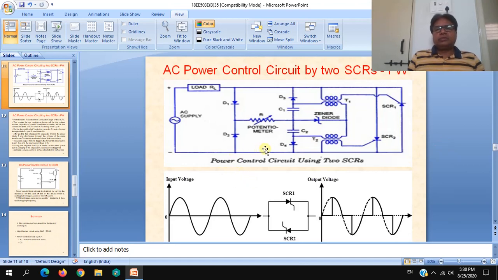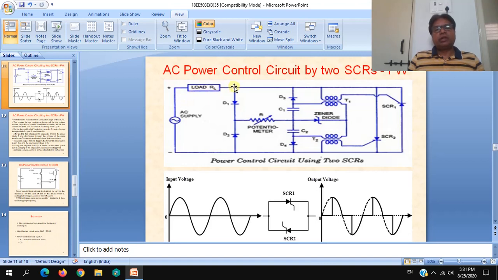The values of capacitors C1 and C2 will be taken such that the voltage built up across them will be sufficient to supply the required triggering pulse to the SCR gate via the pulse transformer. As two pulse transformers are involved, it is somewhat costly, but it is very effective.